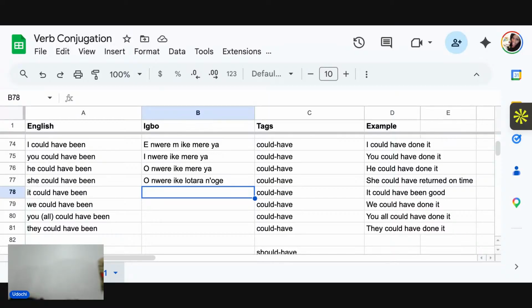Where did I put those books? Okay, so I cannot find my Igbo linguistics manual,